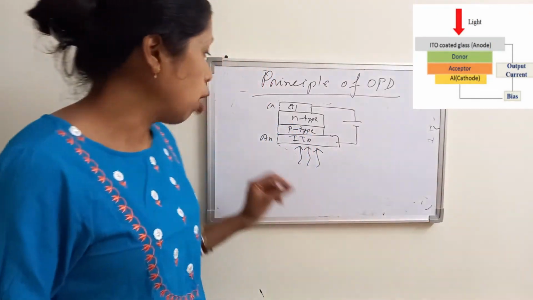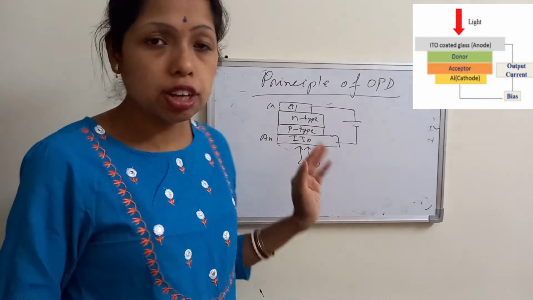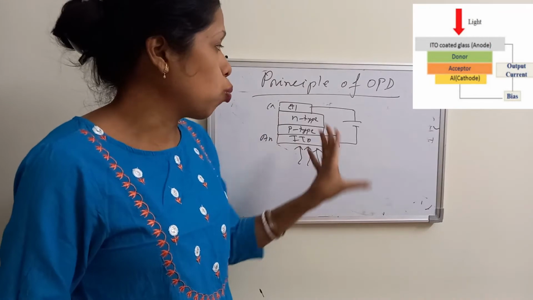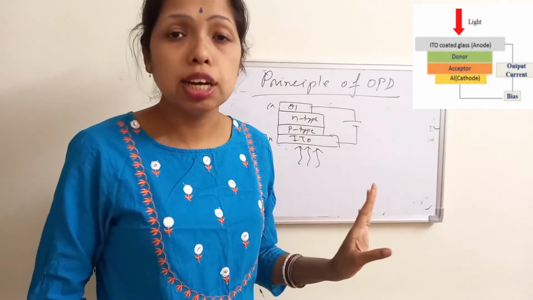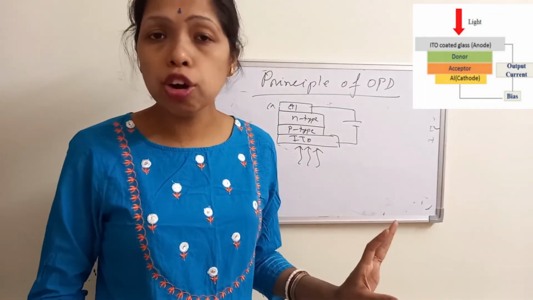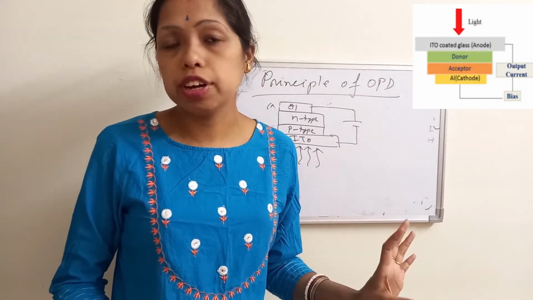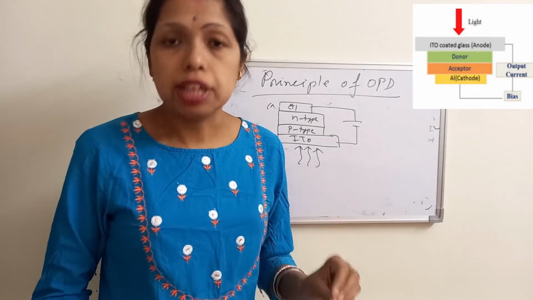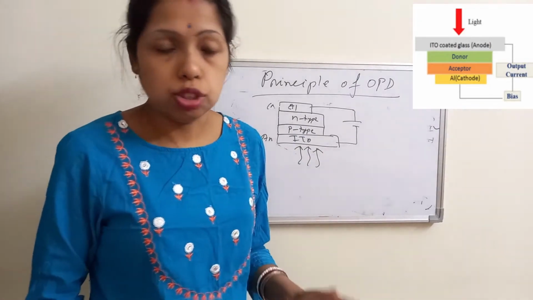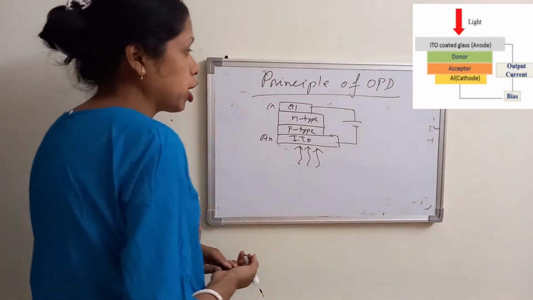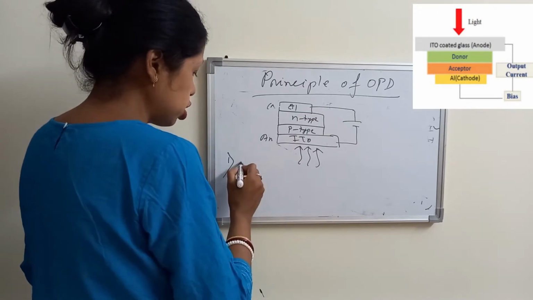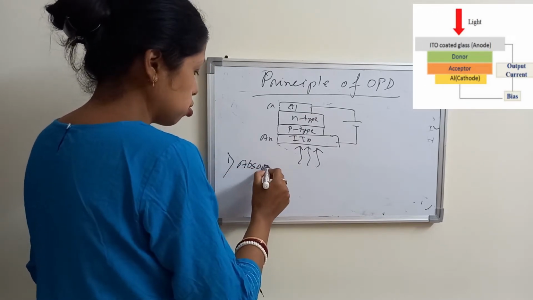How we will choose the p-type and n-type material, this I will tell now. Before that, the working principle of the organic photodetector is a little bit different from the inorganic photodetector. But overall, the photoelectric effect is the main base phenomenon. Okay, but it follows some procedures. If you want to generate a photocurrent into the external circuit, the first procedure is the absorption